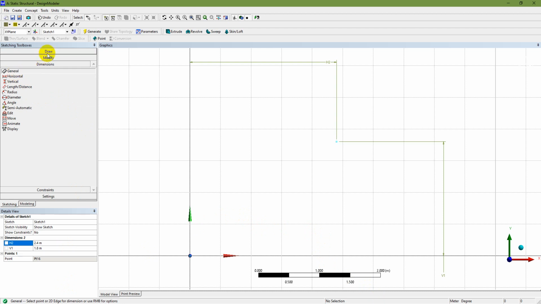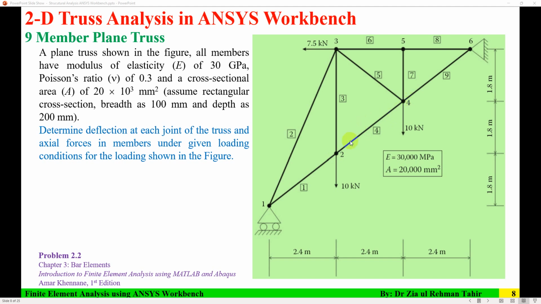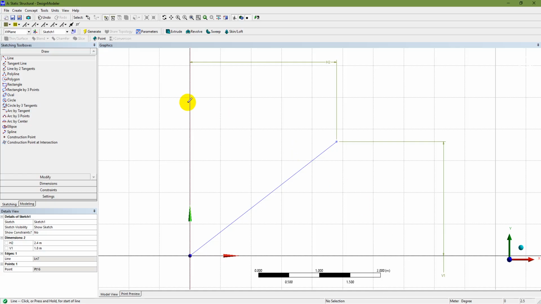So then I can go again to draw and a line. So then I can draw a line. So this is how you can draw a line using construction points. Next one, I'm going to draw this line using dimensions. So I'll go line. So from this coordinate,